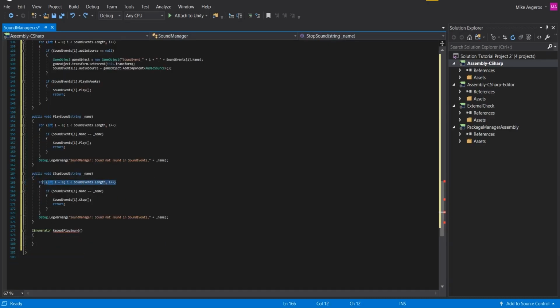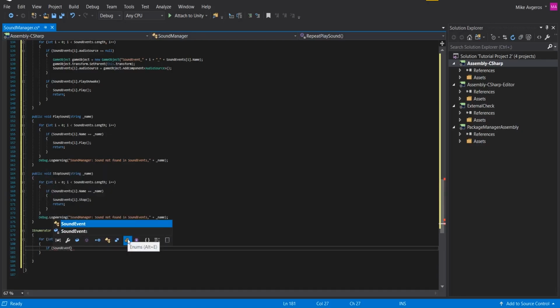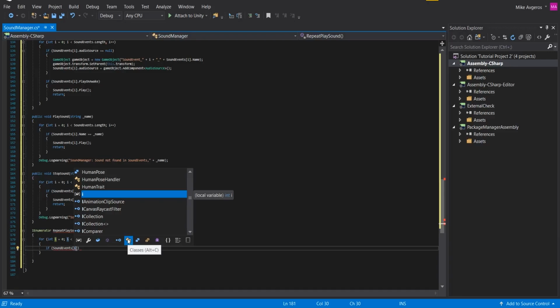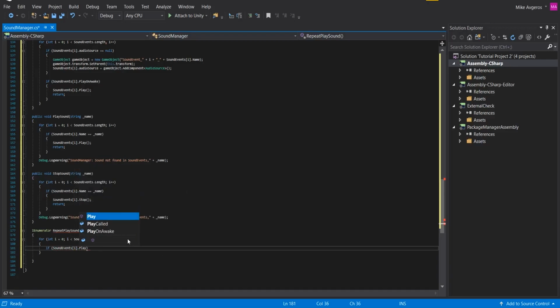Similarly to what we did above, we need the for statement to loop through the entire array of our sounds and then write if the Play function in the sound event class is being called, and this is why our playCalled boolean is useful in order to check that. And also, if randomize loop is true, which is the reason we created this boolean in the first place, and if avoid repeat is also true,